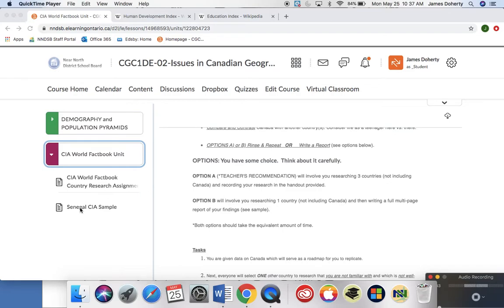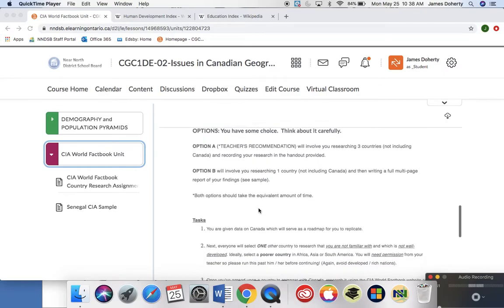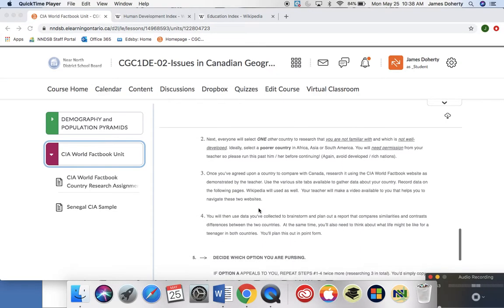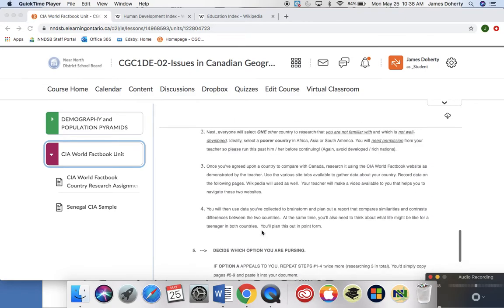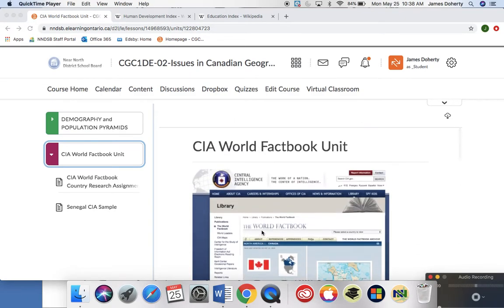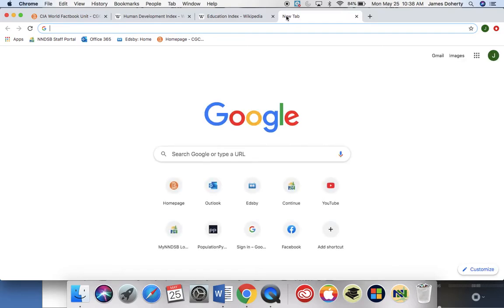There's an example of a write-up on the left-hand side if you click Senegal CIA World Sample that you can see at some point later on. There's a to-do list that's shared here. I would read through this carefully, but it shares some of what I've already shared to you. Okay, so we're going to go to the CIA World Factbook,